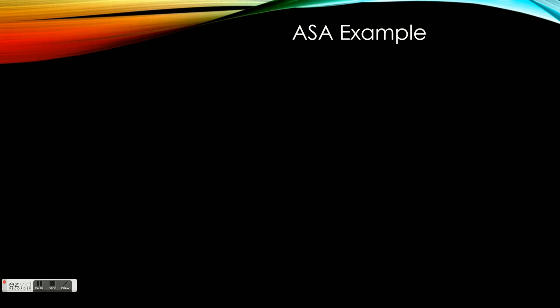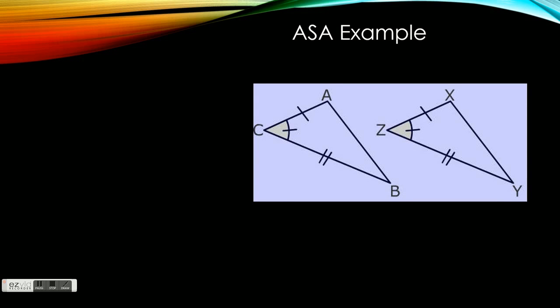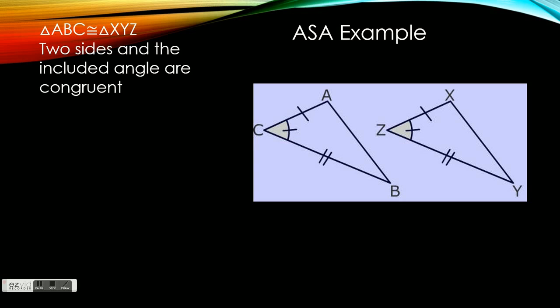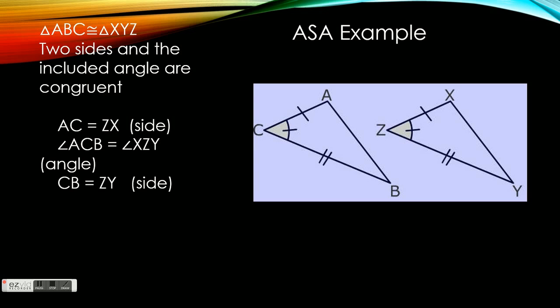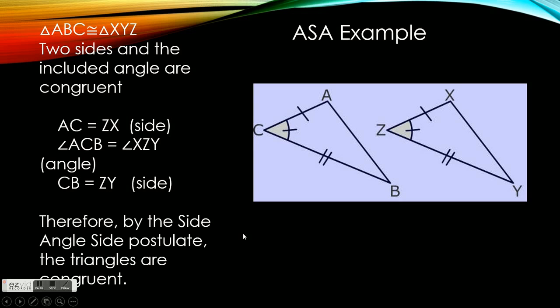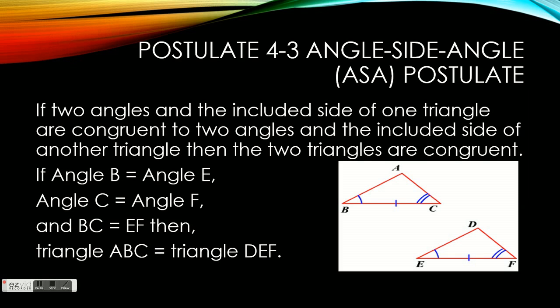And now we're going to take a look at an example of the side angle side postulate. So again, we have triangle ABC and triangle XYZ. The two sides and the included angle are congruent by the tick marks. We have AC is equal to ZX, angle ACB is equal to angle XZY, and CB is equal to ZY. And again, therefore, by the side angle side postulate, the triangles are congruent. And again, remember, when looking at the triangles, look at those tick marks that tell us that the sides or